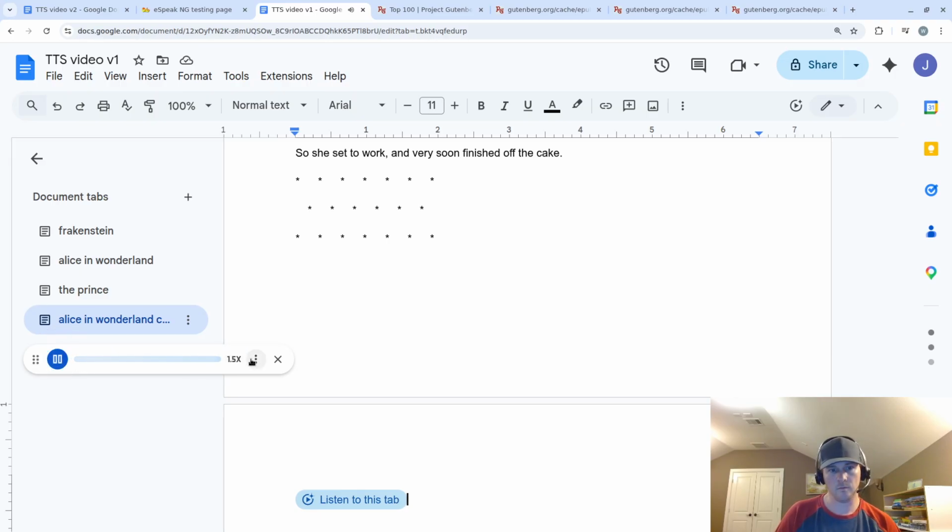Alice was beginning to get very tired of sitting by her sister on the bank, and of having nothing to do. Once or twice she had peeped into the book her sister was reading, but it had no pictures or conversations in it. And what is